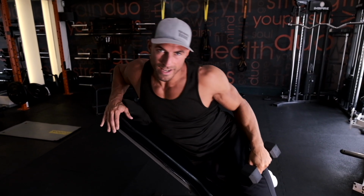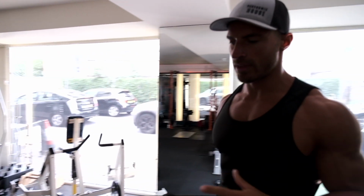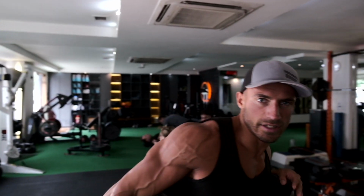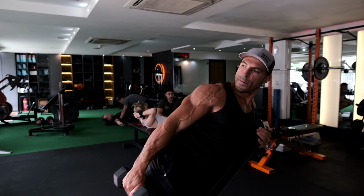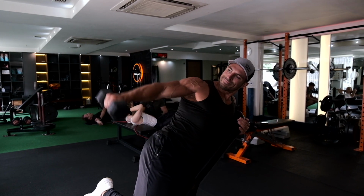If you do have a weaker side, start with that one first. Straight into the other side once you've done one, and then a short break. You're not going to need as long a break because one side is resting whilst the other is working. So your feet, they don't have to be what I define. You will find a position where